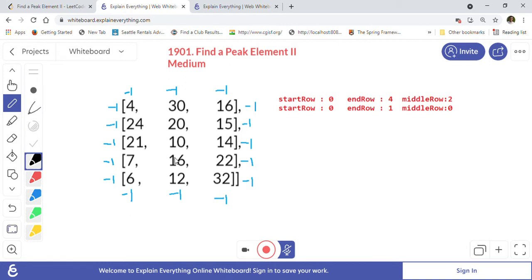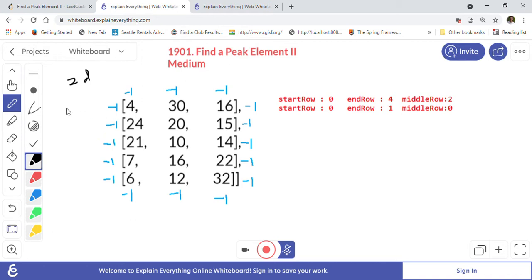The approach we are going to take is something similar to binary search, where we will be applying the binary search on the matrix rows. This is not a one-dimensional array, this is a 2D matrix, so in the 2D matrix we are going to apply the binary search concept for the rows.